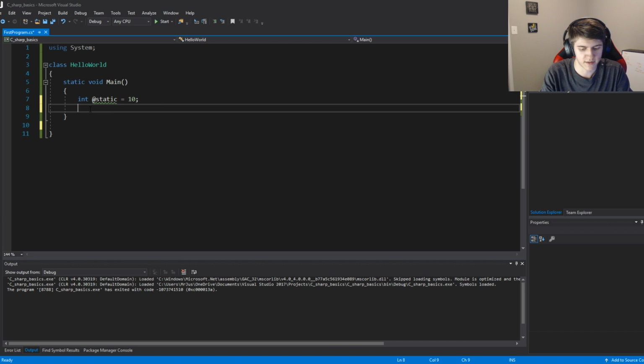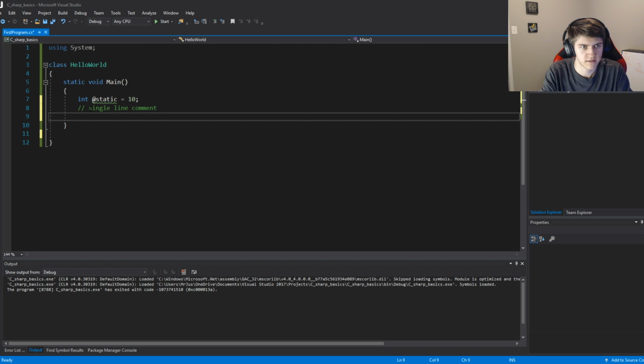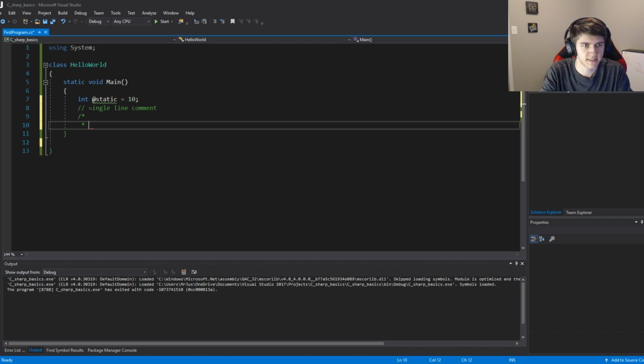Just really quickly, a single line comment is like most other languages. It's just 2 forward slashes. And then if you want a multi-line comment, it is this